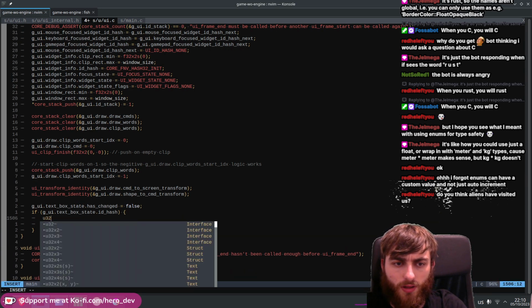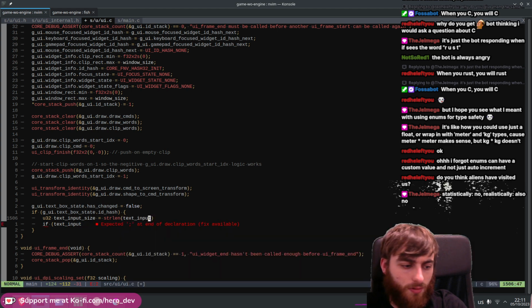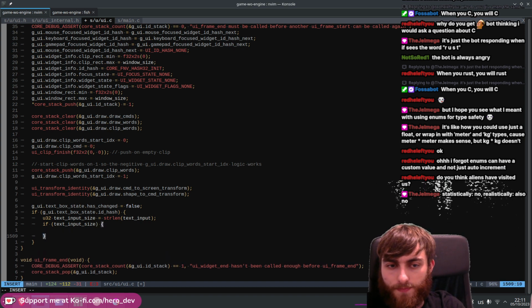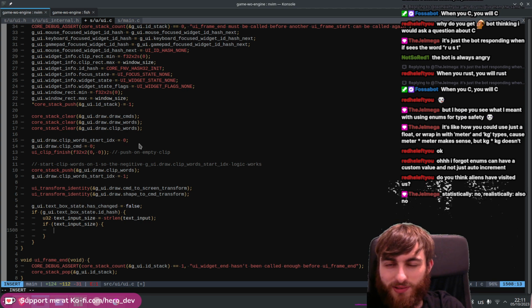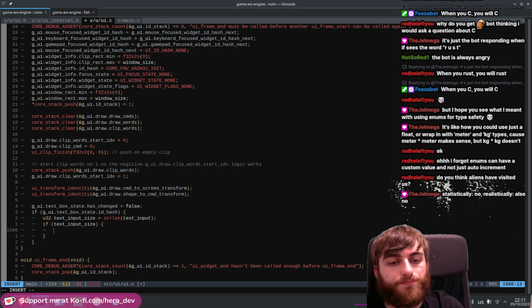if, so you say text input size, stringlen this thing, text input, then if there is some form of text input, then what we can do is we can literally just put it on the end of the array. So all you'd do is you just say while, is it a while? Because you could fill it up, right? You could also do a string copy, but yeah, while,